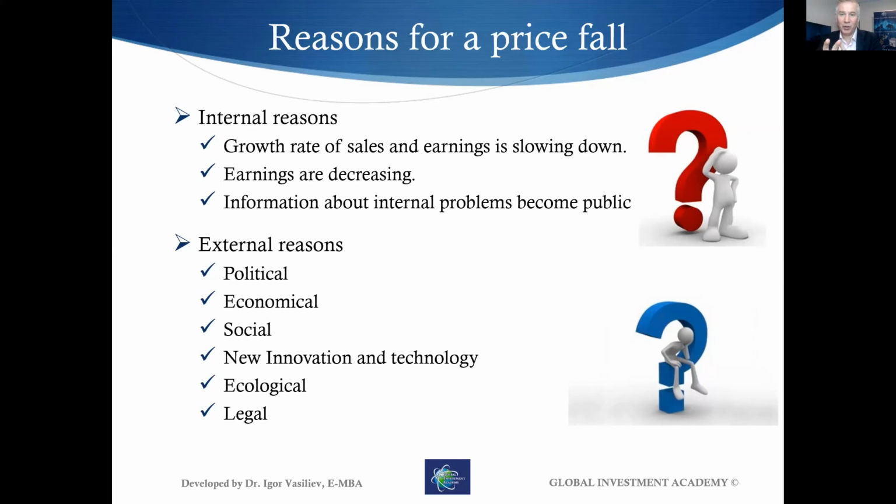So for example, if you know that a company has, let's say, a problem with the quality of the product, can they work on that and improve the quality of the product? If they have a bad marketing campaign, can they work on it and improve the marketing campaign? So you understand that the internal reasons are more likely to be solvable, compared with, let's say, pandemic problems. If the government announces quarantine and lockdown, and all airlines are now stuck, they cannot do anything regardless of their smartness, regardless of how creative they are. It's very, very difficult for them, right?